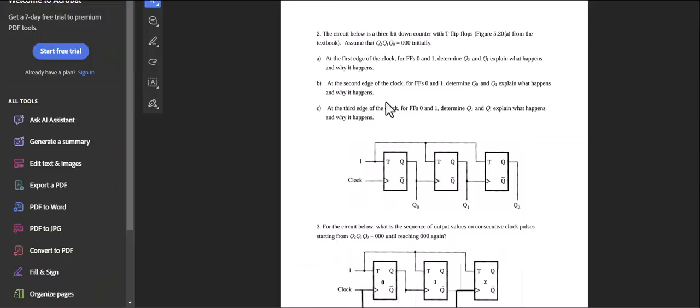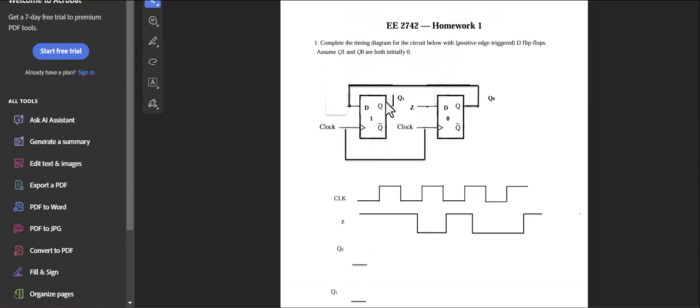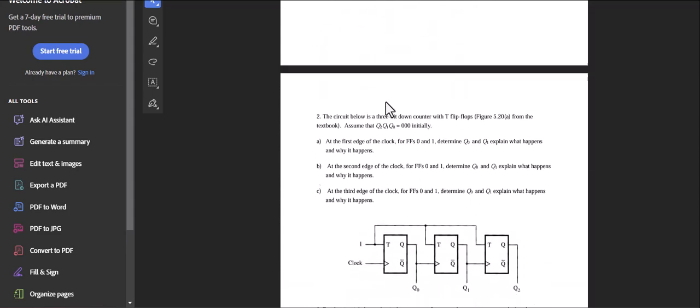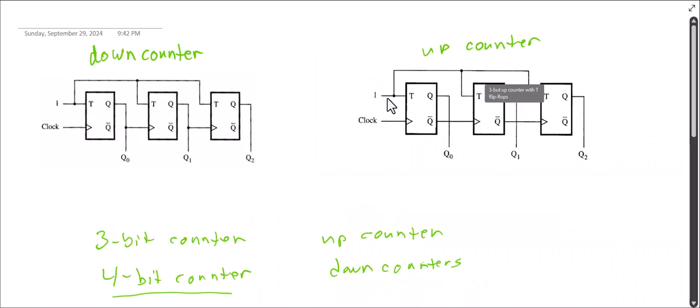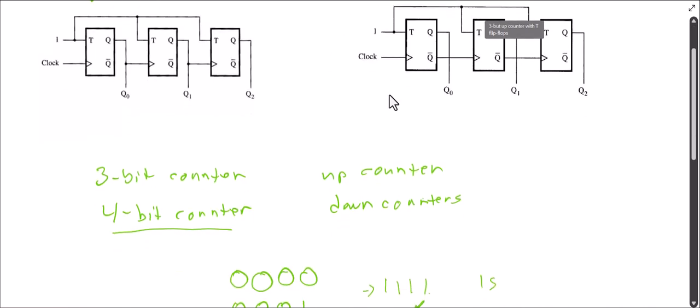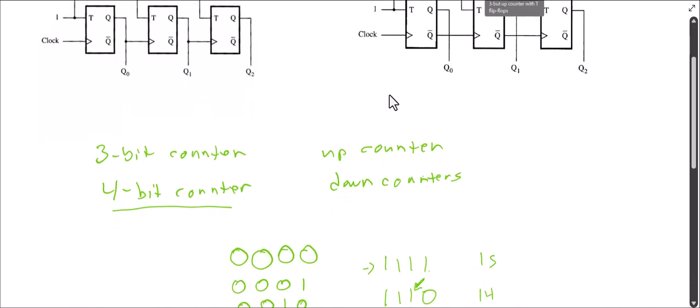Your homework has a down counter, so I will do the up counter. Okay, so let's take a look at the up counter. So if you look at the up counter,